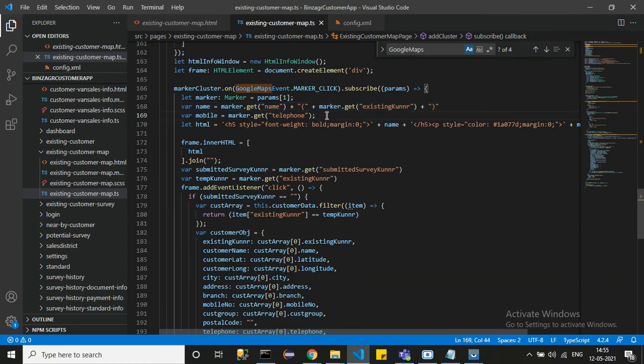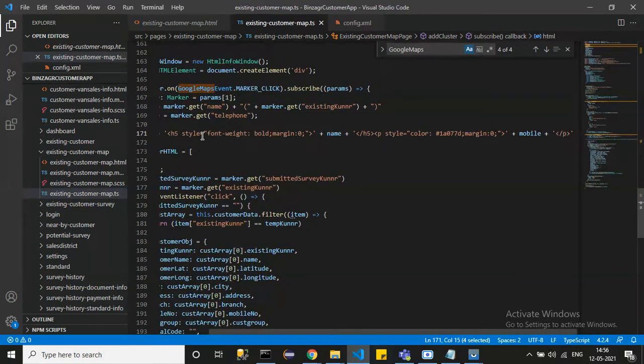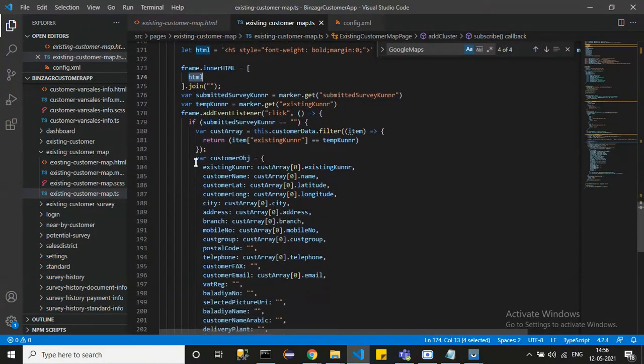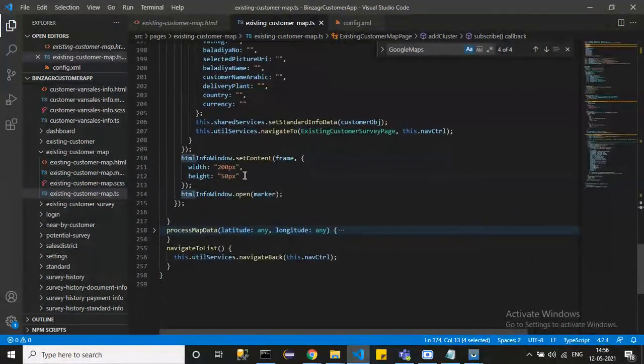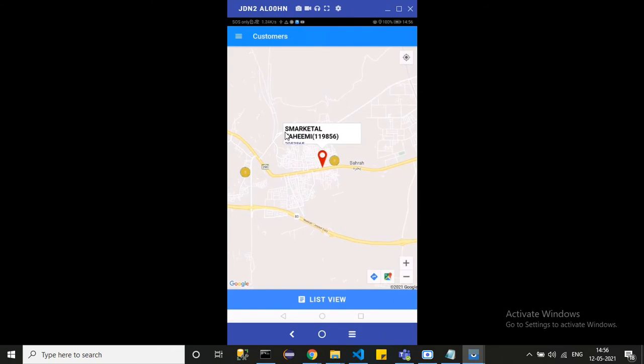For that, I am using HTML innerHTML, and I'm passing it to the frame.html here, and the HTML info window content frame. I have set the width and height here. The width and height of this is called the window. Okay.